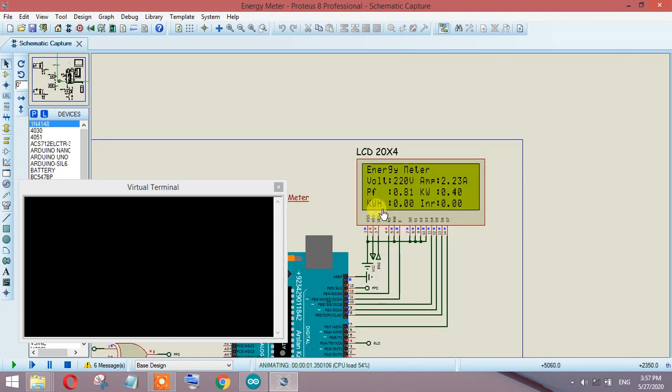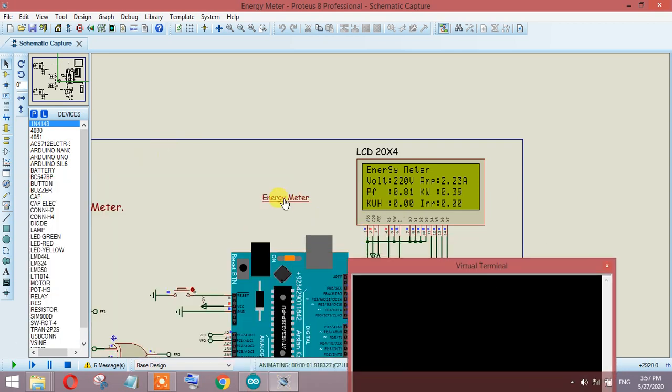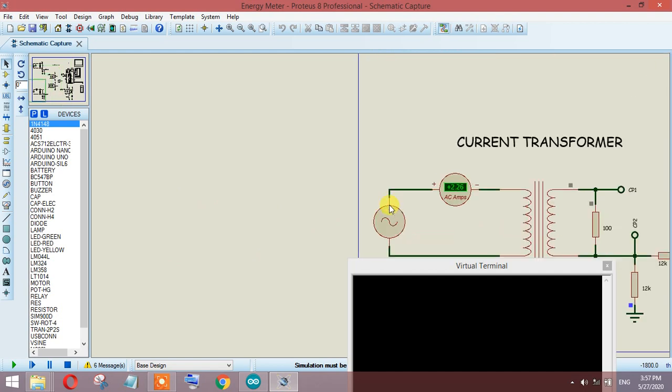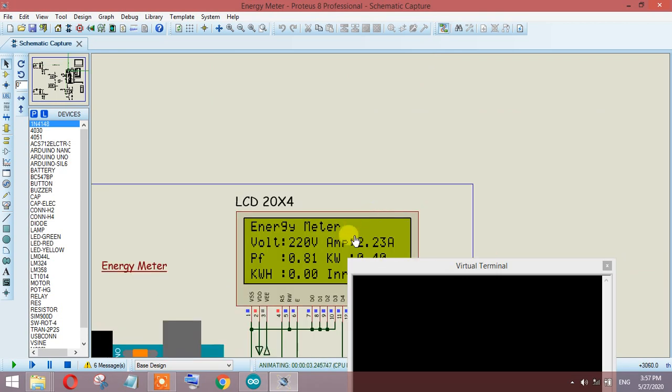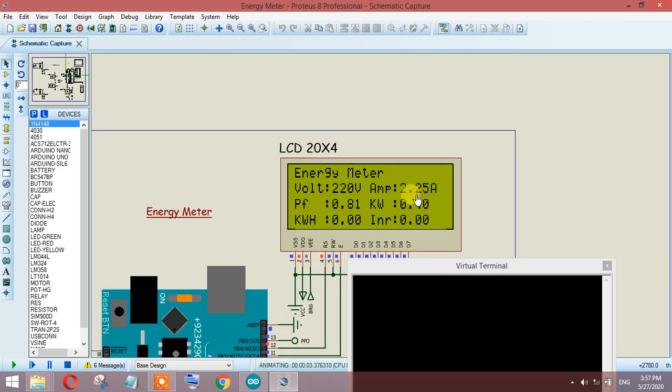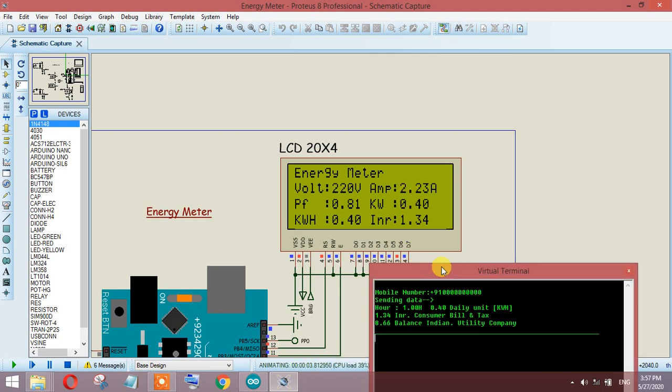You can see this one is 220 volts. Now let me show you the current. The current over here is 2.23 or something, but there is a little fluctuation. Sometimes it goes to 2.25 and sometimes 2.23.